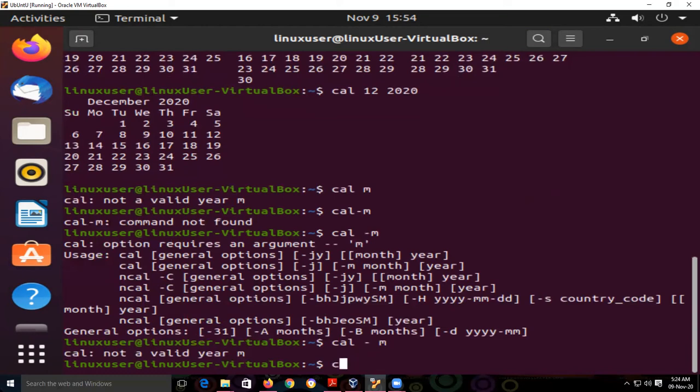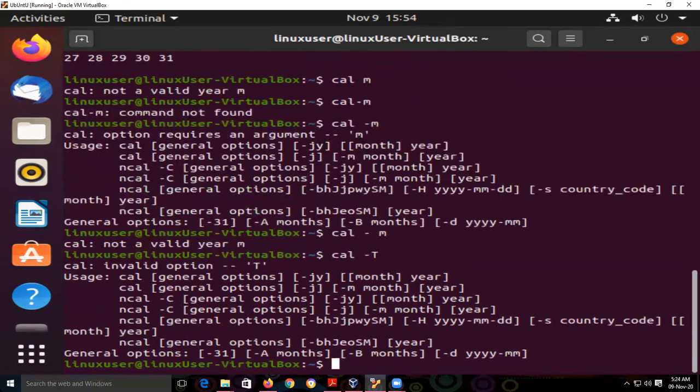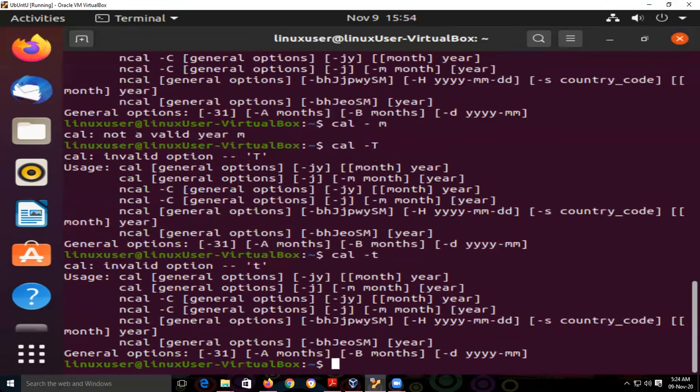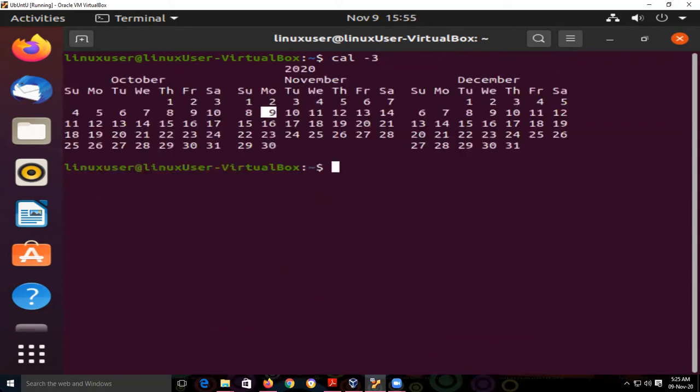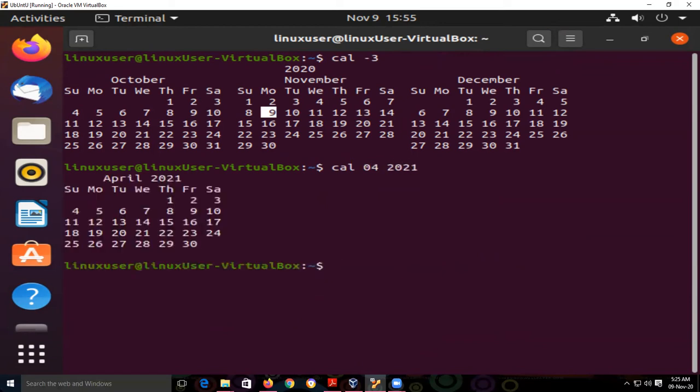If cal hyphen t, it will also display the month starting from Tuesday. This command has some problem, but the rest of the commands work like that. Cal will display the 3 months calendar. Then cal, suppose the fourth month of 2020, it will display the April 2020 month's calendar.